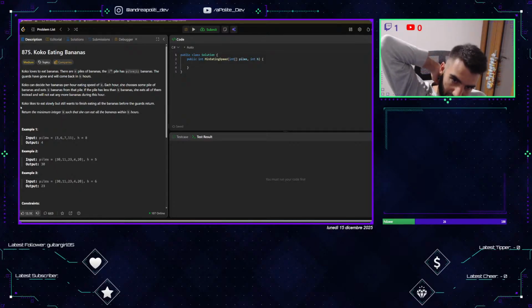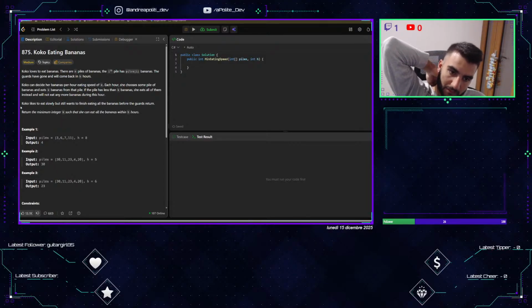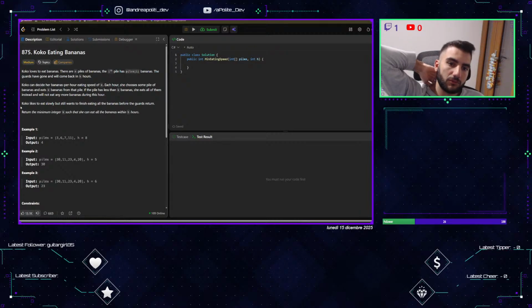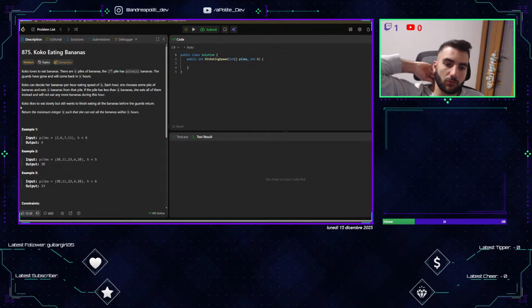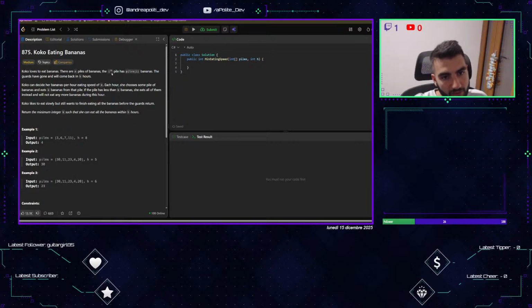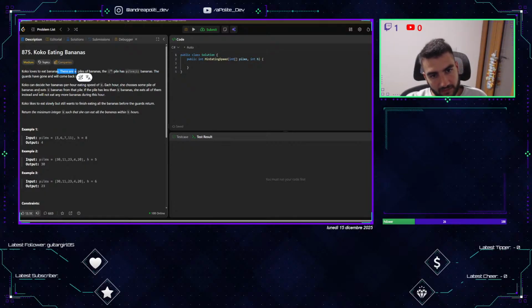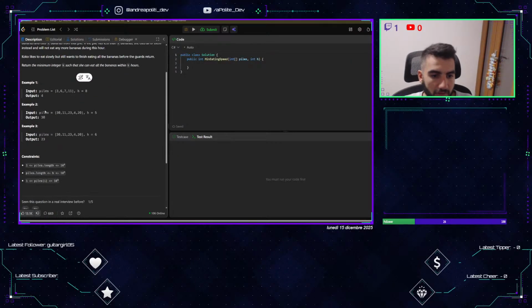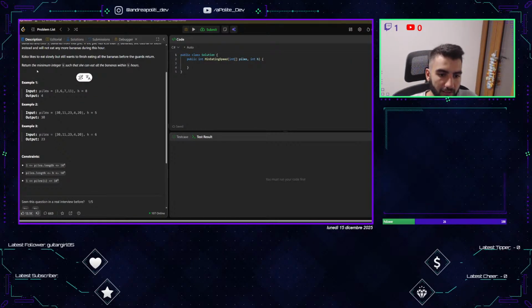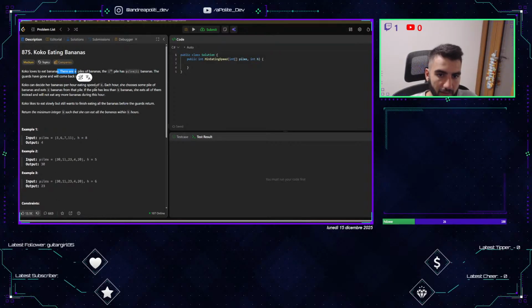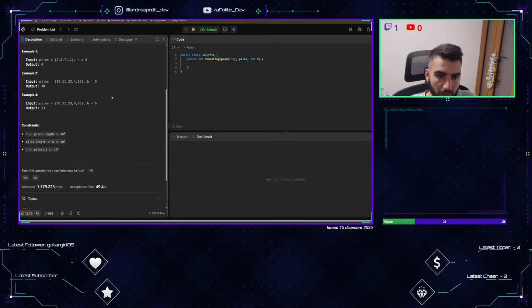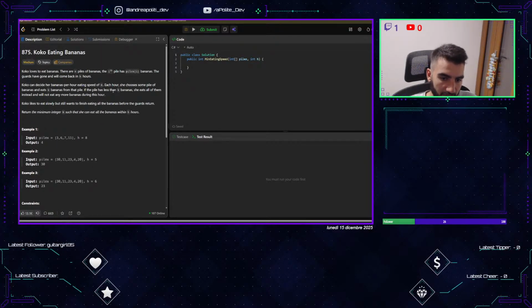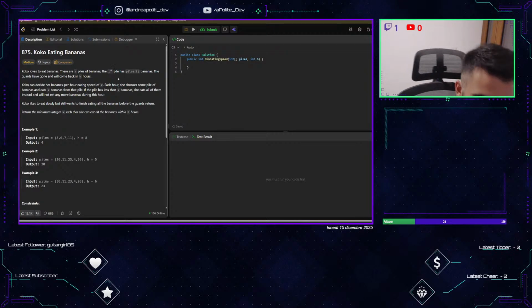This is pretty difficult. I think we have at least one pile of bananas. I think that's correct, and h should be at least the length, because she wants to eat all. So